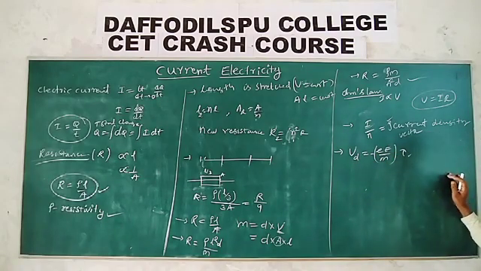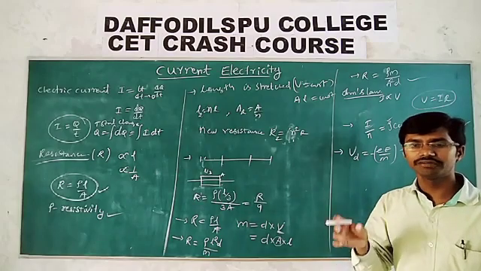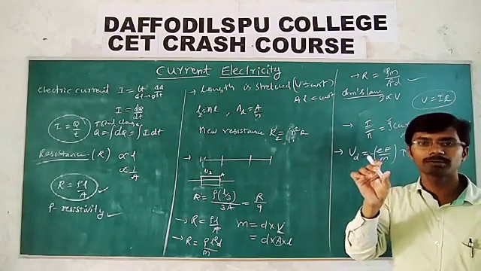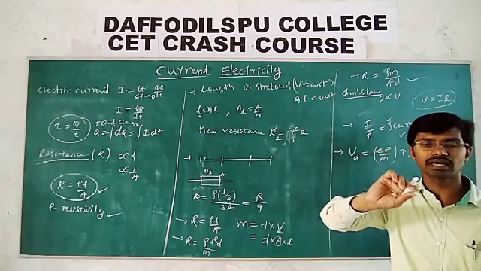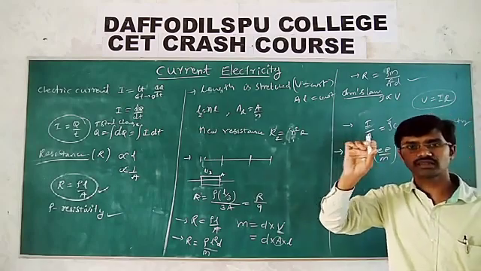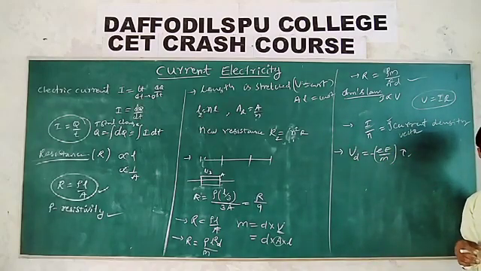Actually, the drift speed is in the order of 10 power minus 4 meter second power minus 1. But in the absence of the electric field, even these electrons will move randomly in different directions, and that speed is due to the heat energies, which is called thermal speed. Thermal speed is more than the drift speed. Thermal speed is around 10 power 5 meter per second.